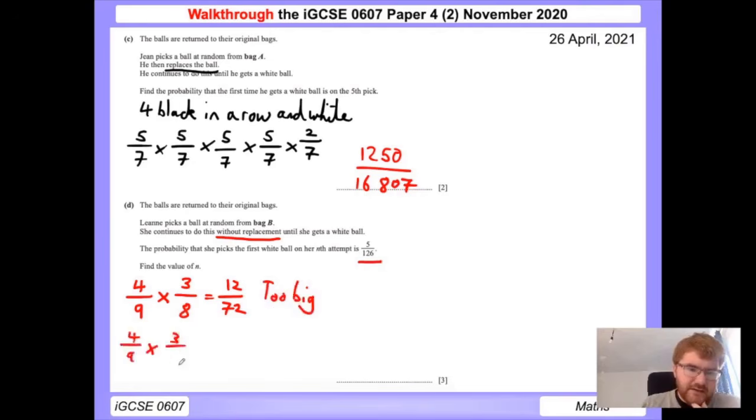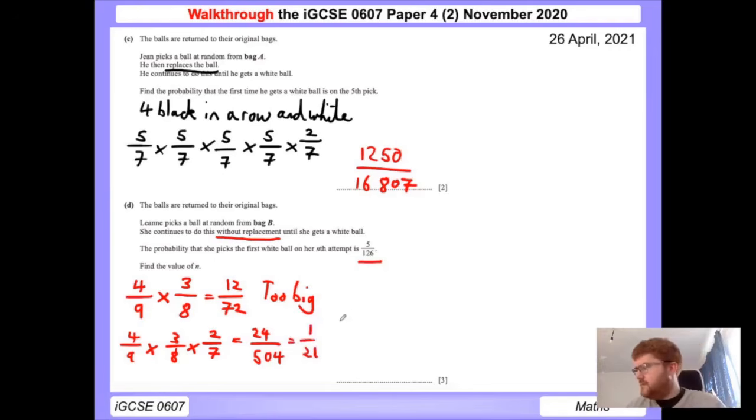So 4 ninths times 3 eighths times 2 sevenths. Multiply those together, we get 24 over, okay, 9 times 8 times 7. That gives you 504. Now, is that the same fraction? I think on sight you can see this. You can also write this as 1 over 21. And I think we can see here these are not the same. So that's fine. But now we want to work out, okay, then we take this and then times it by the